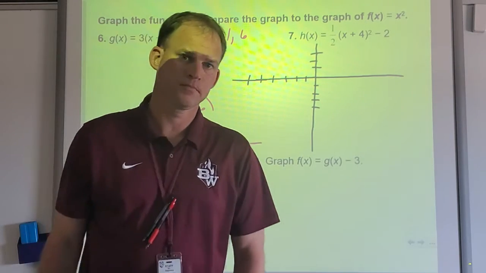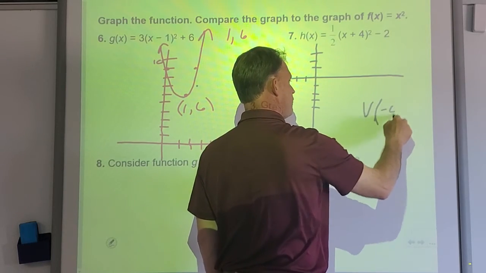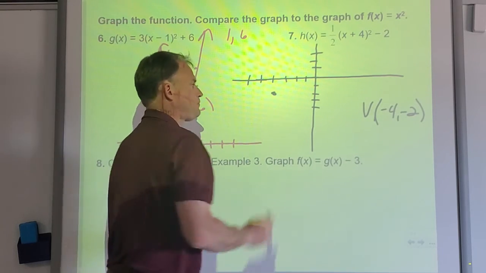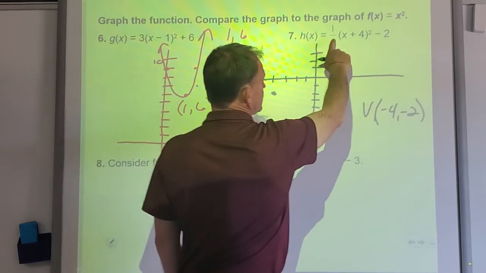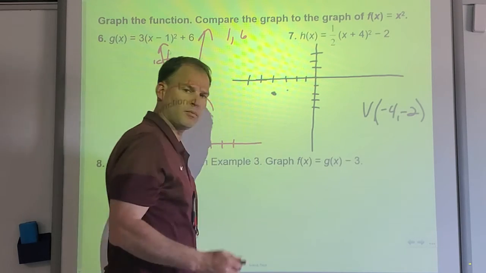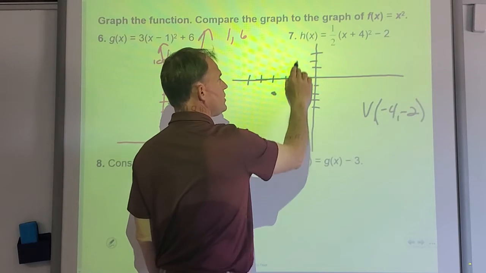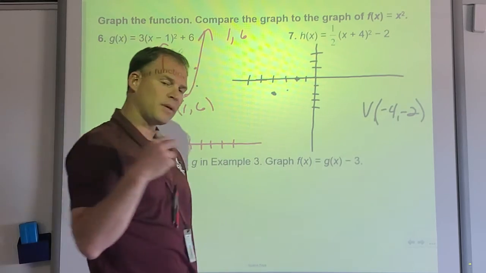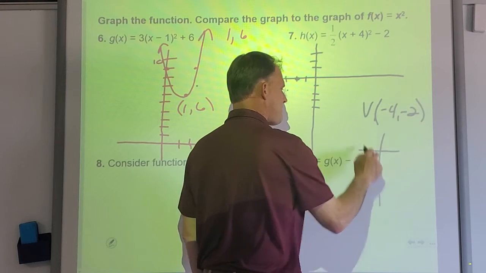So where's the vertex? Yeah. Vertex is negative 4, negative 2. Left 4, down 2. So I take that original, 1, 1, and do half. So that gives me 1 up a half. Kind of hard to graph, but put it right there. 2, 4. From here, normal would be 2, 4. So I'm going 2 up 2. Again, I'm not going to the point 2, 2. I'm using the relationship. If it helps you,